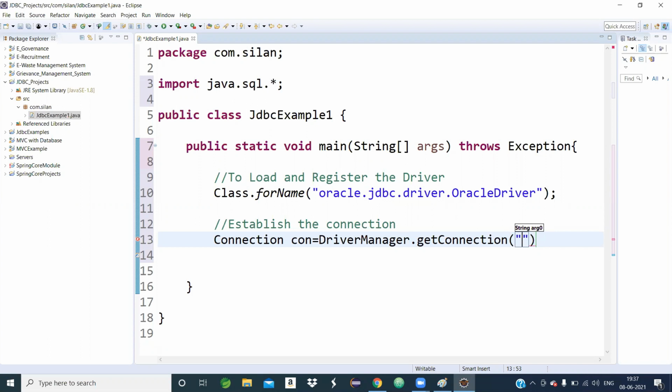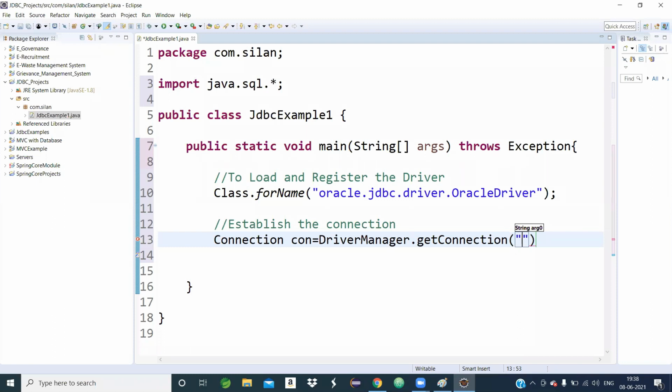The getConnection method returns a Connection object when it is invoked by the DriverManager class. This method is also invoked by a class directly, so we can say it is also a static method. forName is a static method, getConnection is a static method. The getConnection method takes 3 parameters.